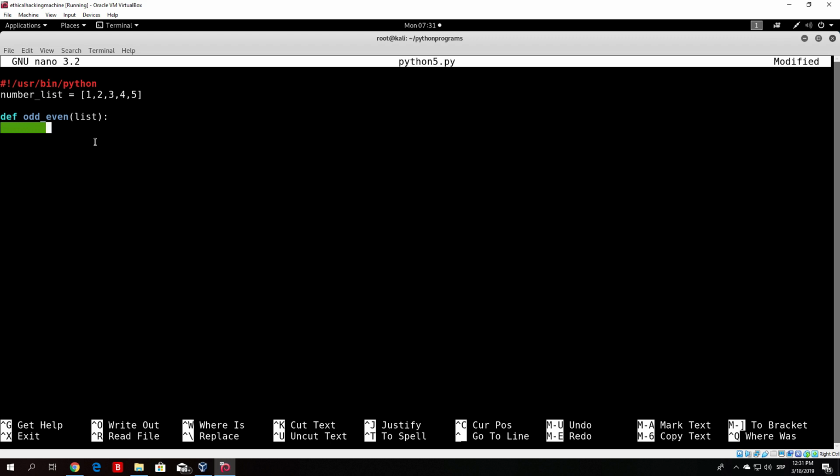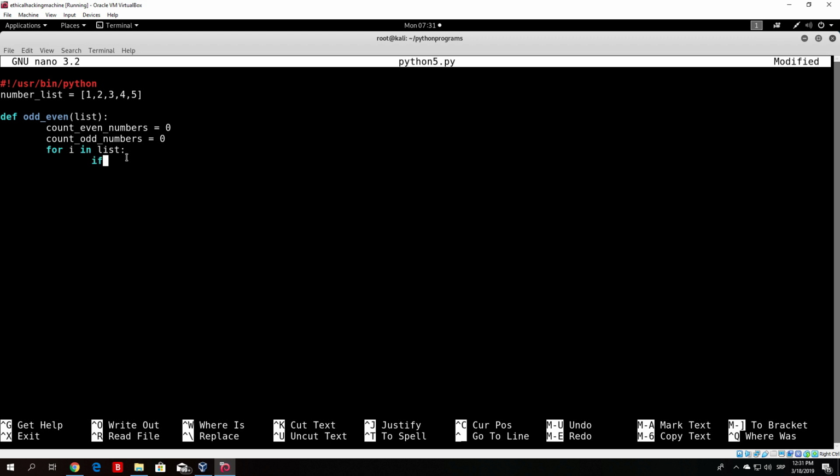Then we specify 2 local variables, which is count even numbers, and we set that to 0, and also count odd numbers, and we will set that to 0 as well. So we set basically 2 variables. One of them will count our even numbers and one of them will count our odd numbers. So right now, let us for the first time use the for loop in our function. So for i, for example, in list, so for i in the list that we specified in our function, basically